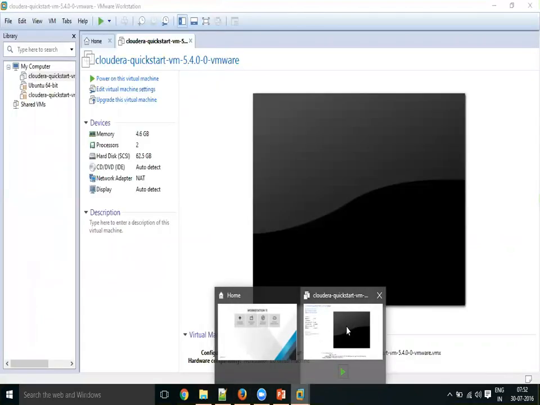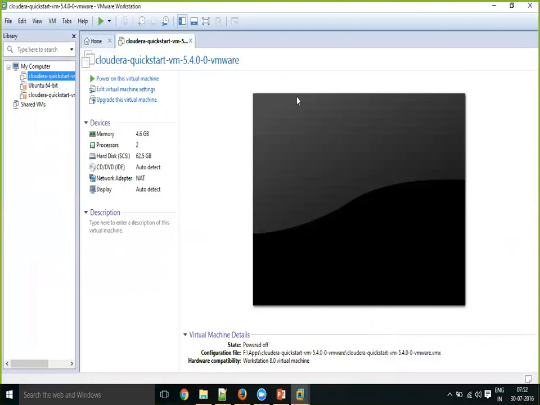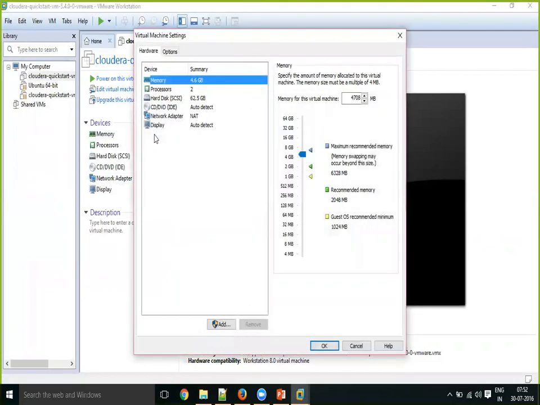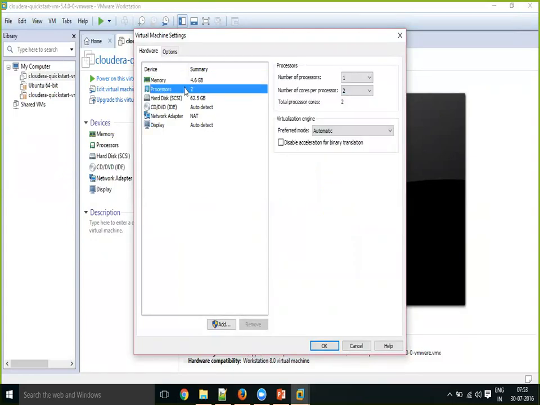Now, before starting your VMware, before starting your QuickStart VM, first change these memory parameters and the processors as much as you can allocate. If you have 8 GB RAM laptops, I can recommend up to 4.5 GB you can give for your QuickStart VM. And if you have at least a minimum i5 processor,